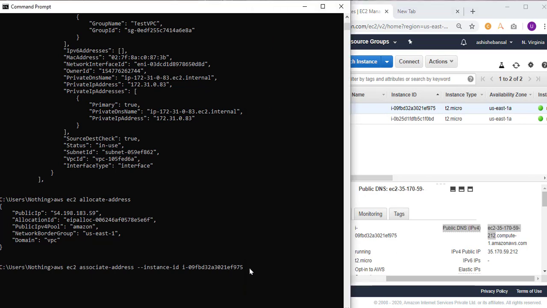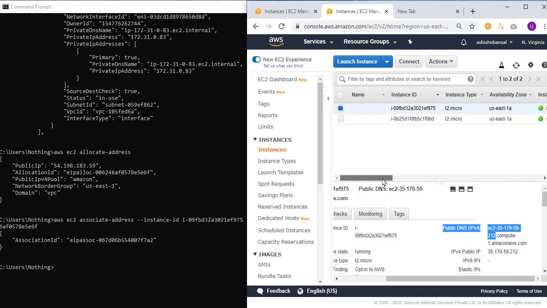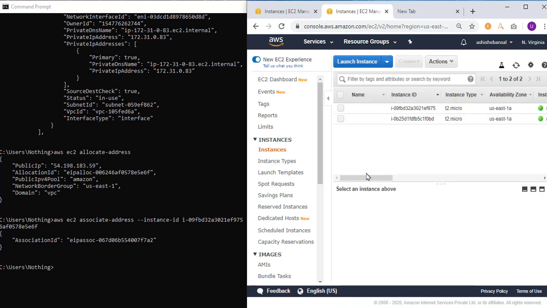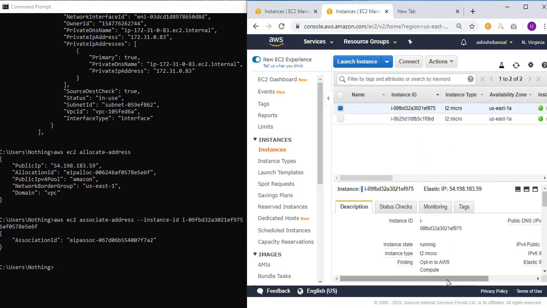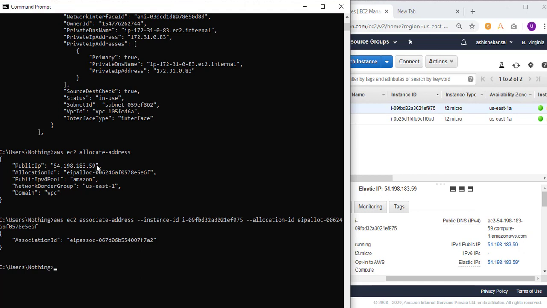So this is the instance ID. Allocation ID. Done. So let's check here. There you have the Elastic IP 183.59. There it is.